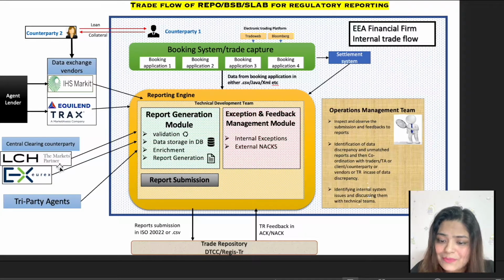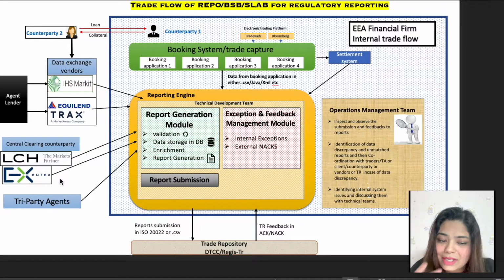That is a CCP. CCPs are the entities which take the counterparty risk and help to clear and settle the trade. Sometimes trading over the counter, that is OTC, is very risky as a counterparty may default on the transaction. Hence some trades are booked with the help of a CCP, that is a clearing house. In SFTR reporting, CCPs are also obliged to report their data to trade repositories.